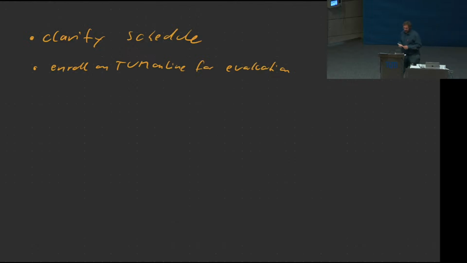All right, second announcement. It seems the schedule hasn't been that clear with respect to the question when to watch which videos for this course. So just to clarify this once again, the idea is that you watch the videos for each week before we talk about those topics in class. So this is week 5. We'll be talking about inverse matrices and determinants this week. And that means you should have watched the videos for week 5 last week.